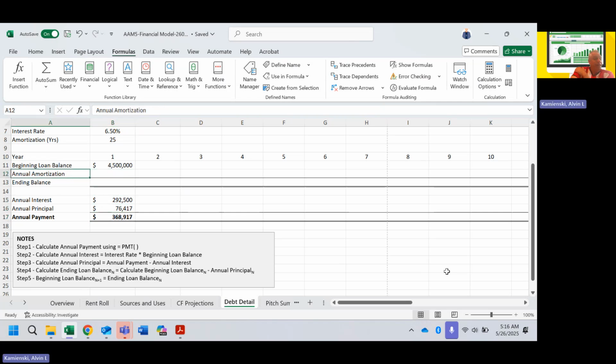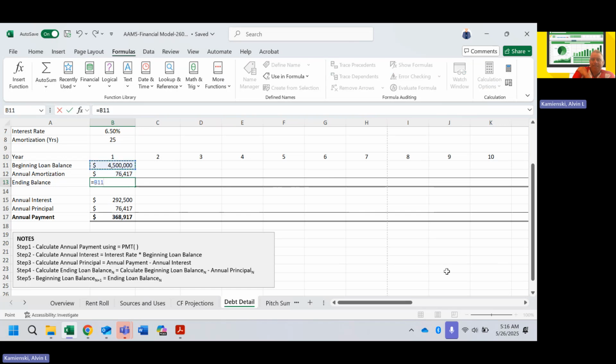What that tells me then is the amount that amortizes in this first annual year is equal to that 76,417,